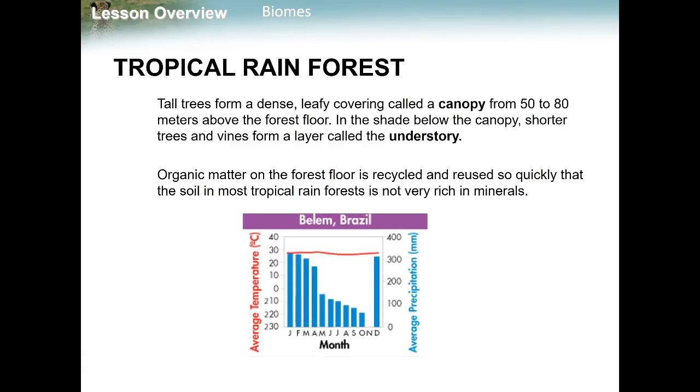So the trees, when we talk about the trees, are really tall trees. They're very dense. They've got a lot of leaf that forms a covering that we call the canopy. So the canopy can be about 40 to 80 meters above the forest floor, and let me tell you, that's high. And the reason I know this is because I zip-lined